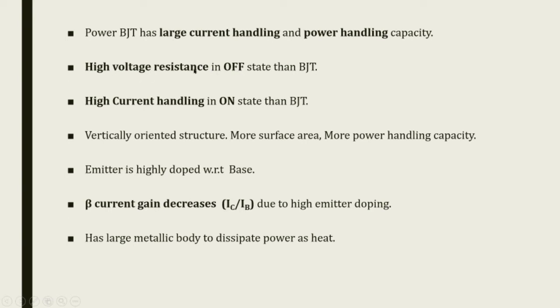That is, for a power BJT it offers a high voltage resistance in off state, and power BJT will be having a high current handling capacity in on state, than that of a normal BJT. Higher current handling capacity in case of on state than normal BJT, and higher voltage resistance it offers in off state. Okay, and also here